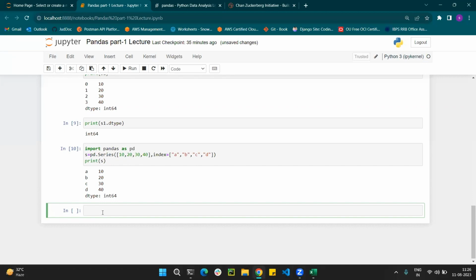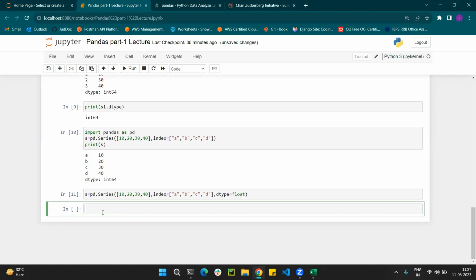Another example: s equal to pd.Series, 10, 20, 30, 40, comma, index equal to, let's say, A, comma, B, comma, C, comma, D. But instead of int64, here I change it a little bit: dtype equal to float.